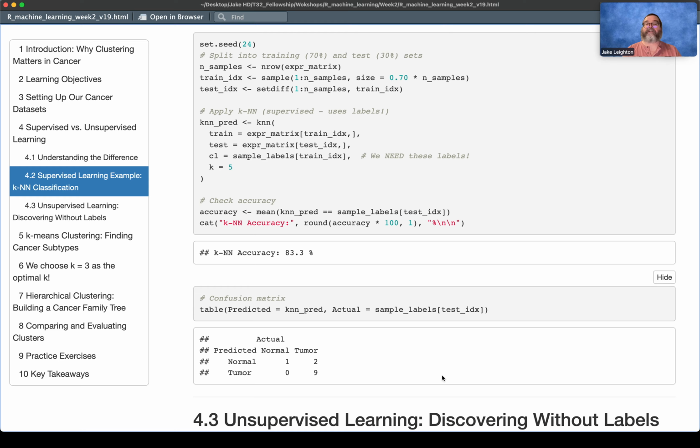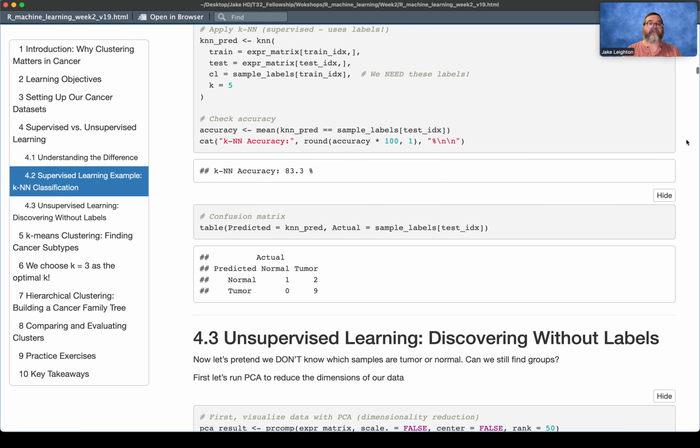It wouldn't do near as good a job in a more complicated data set. But this is just to show you how, if you have the labels, you can train a model. You can basically say, hey, these are the answers for this data. If I give you similar data, what should the answer be? And that's all you're really doing. And we'll talk more about that in a couple of weeks when we deal with more of our classification